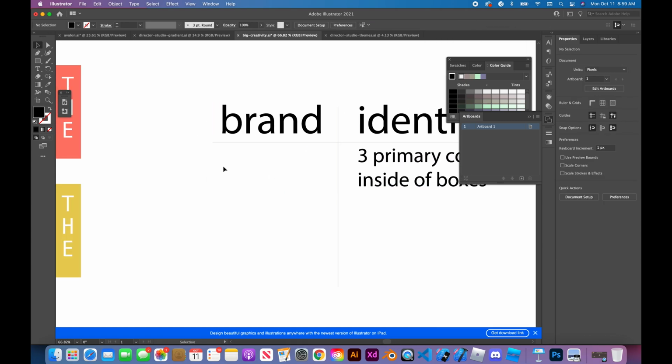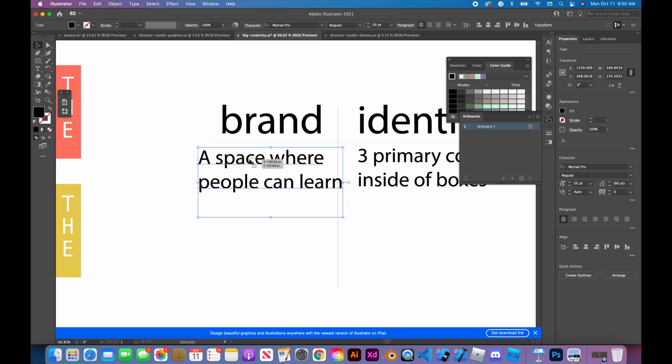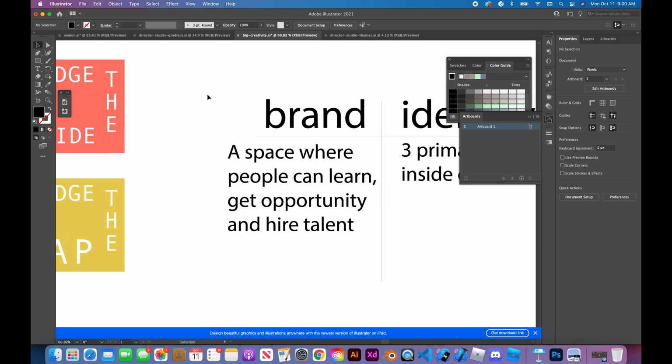Now the brand, give me just a second. Is a space where people can learn, get opportunity, spell correctly, opportunity, and potentially hire talent, especially because if they're training people about tech. If this company is training people about tech literacy, they could potentially then offer the services of their trainees to other companies. So if we move this over a smidget,